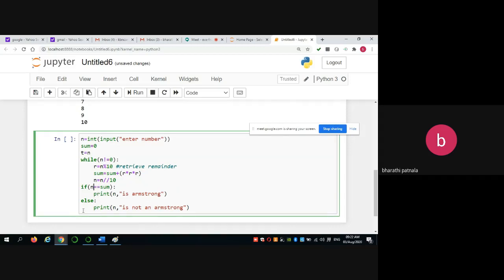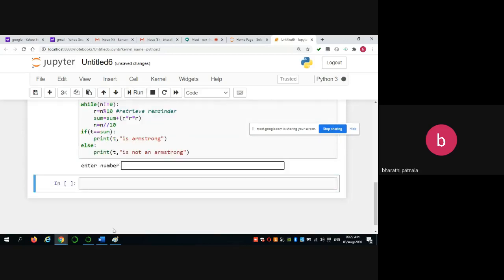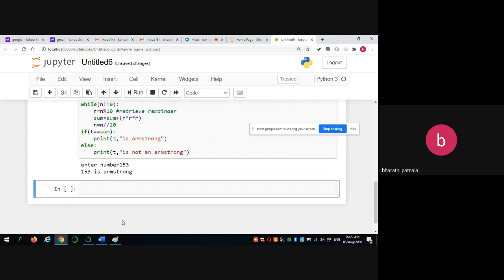That's why you do not check with n, you check with your temporary variable. So execute this, enter number 153, then 153 is an Armstrong.